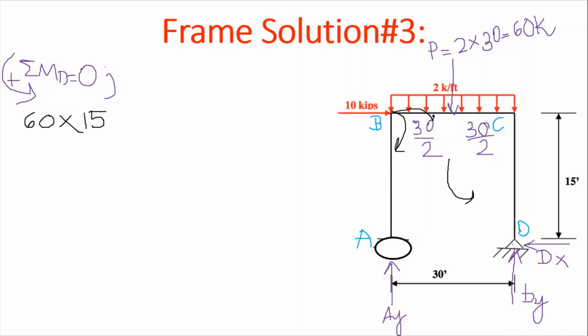So you can say this is the direction like this. So its rotation is negative, minus 10. It's a horizontal force, so it will multiply with the vertical distance, this distance. This distance is 15 feet. So the next is what? We will rotate this force. Its direction should be negative. So minus 30, because the distance between A and D is 30 feet. So it will become 30 AY.